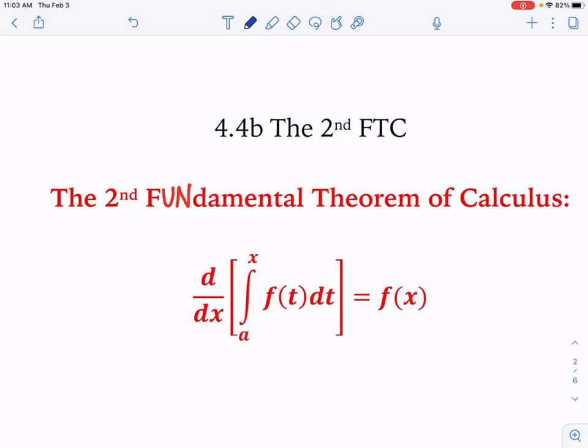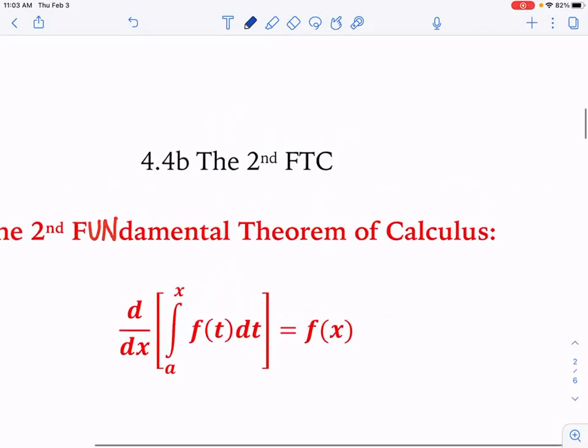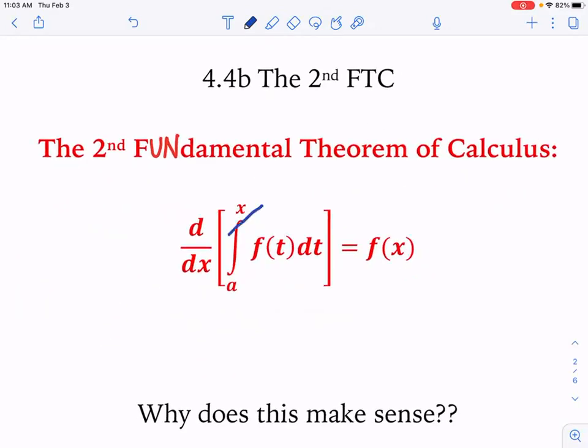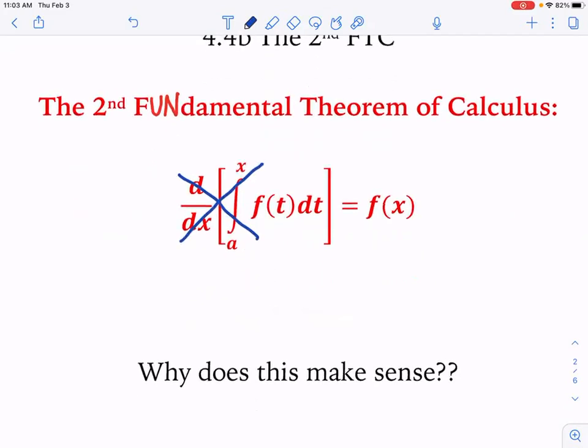Okay, so what's happening? What is occurring? The derivative and the antiderivative are canceling out. I'm asking you, what is the derivative of the antiderivative of f? F. Why does that happen? Okay, so don't write this down,